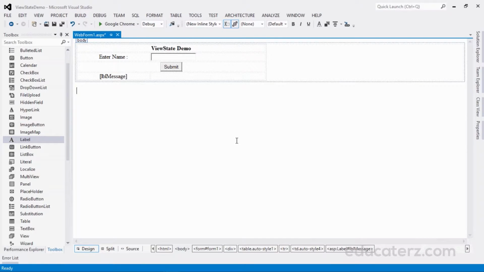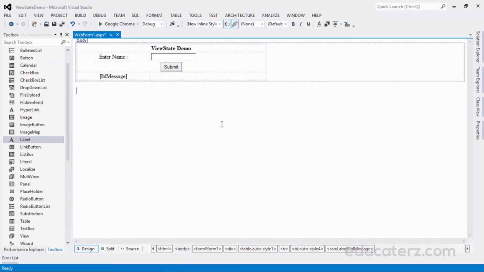Now let us see how to store data in view state and how to retrieve the data from that view state. View state can be used to maintain the state at a page level. A very important point: view state can be used to maintain the state at a page level. Do not get confused if you get a question in interviews. The term page level means that the information is being stored for a specific page and only until that specific page is active. Remember that.